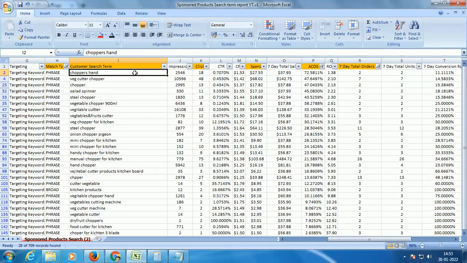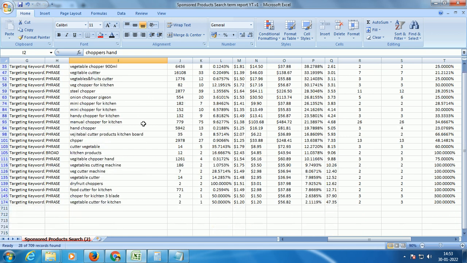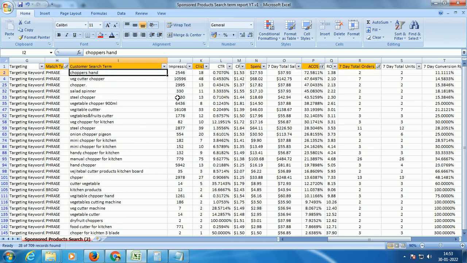So you could have identified a couple of search terms in your auto campaigns, right? You are going to place those search terms in your broad and phrase match campaigns in search of a longer tail version of keywords, right? Now in your broad and phrase match campaigns, you will get to see those longer tail versions of keywords here, right? So now, fine, you are looking at these cells where you have two or more sales.